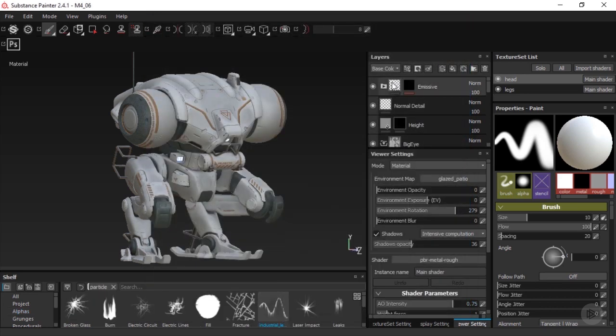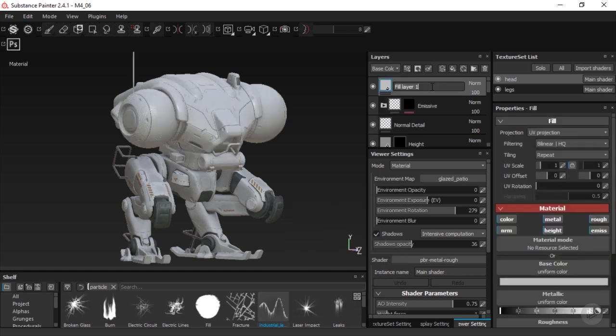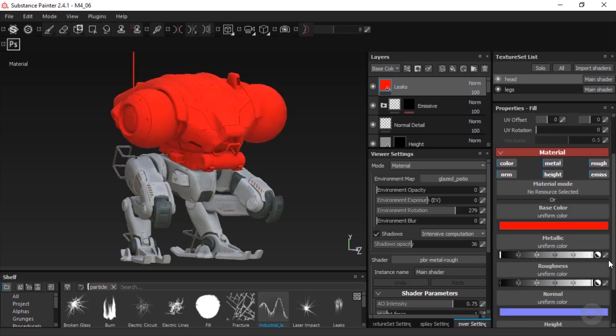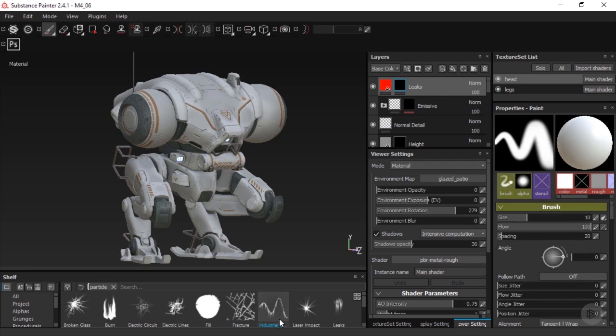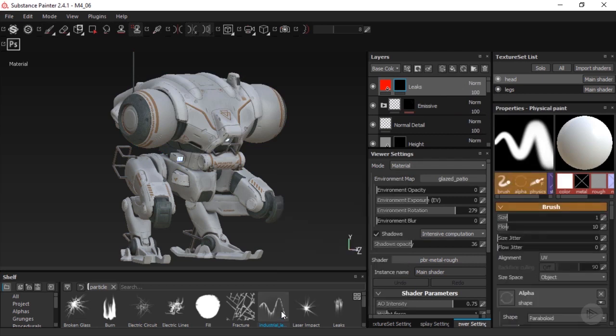Let's begin by creating a new fill layer. Name it Leaks. And make sure to pick a red color, roughness to 1, and remove any emissive. We'll temporarily paint in red for the time being, so we can see where our particles are going. We can add our trusty black mask and choose our newly imported particle brush by double-clicking, and simply start painting